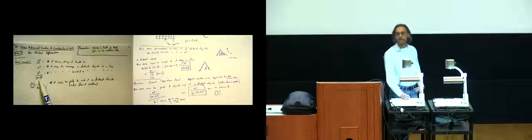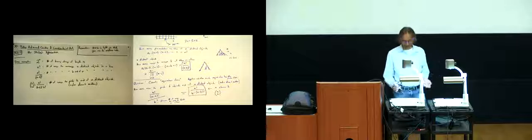Then we said, if you only want to arrange k out of these n objects into a line, then you have n factorial divided by n minus k factorial. And there's a couple of different ways of thinking about that we talked about last time. Then we moved on to say, suppose you didn't care about the order. Now we're using the division rule in a more substantive way. Then, if you want the number of ways of picking k out of n distinct objects, where you don't care about the order in which you pick these k, just that we have k of them, that is n choose k.